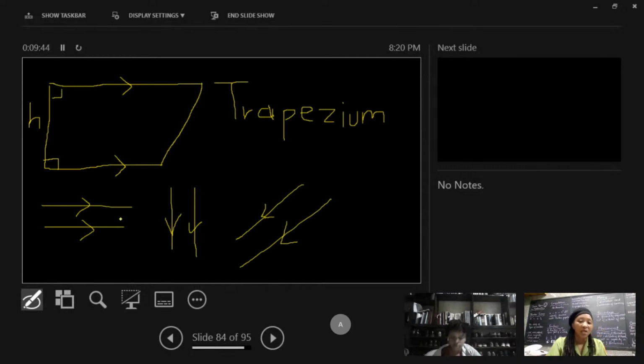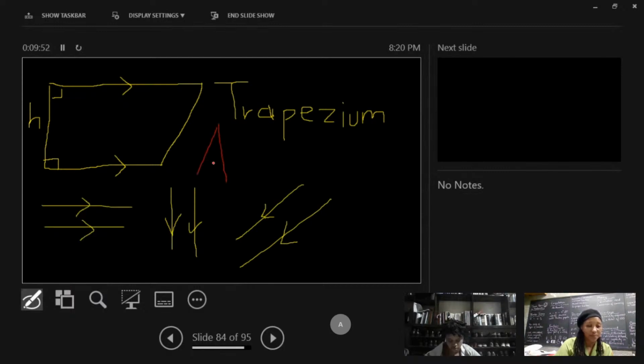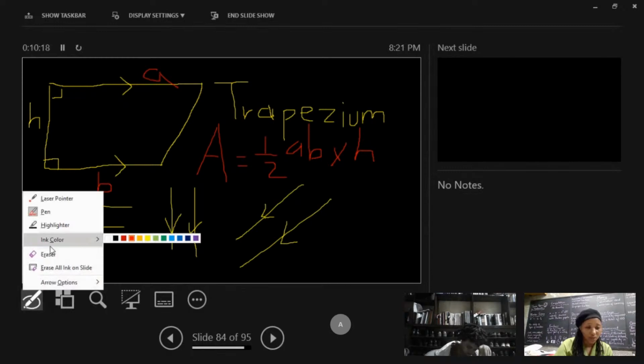Okay, so I was about to tell you that the area of the trapezium is half AB times the height, and AB would be the two parallel sides. So it doesn't matter which one you want to name A and which one you want to name B. So you would add, sorry, I wrote the wrong thing. It should be the sum of,